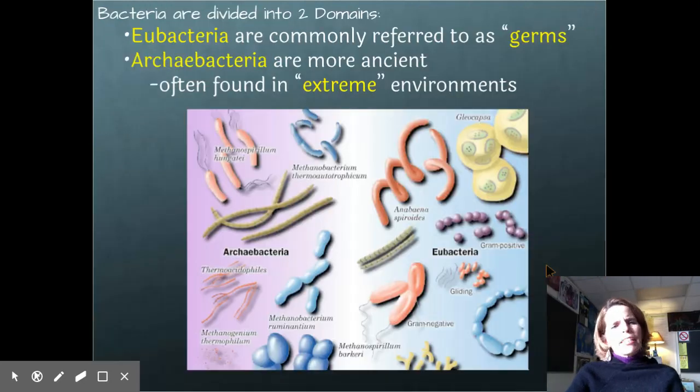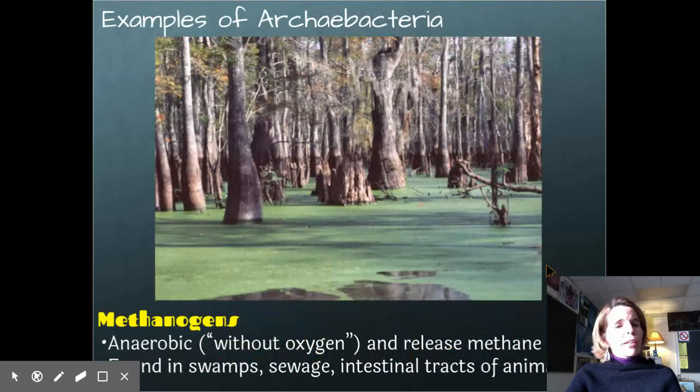All right, the bacteria make up the most dominant life form on this planet, and there's so many bacteria that they've actually been divided into two domains. The eubacteria is what we're going to spend most of our time talking about. They're what people often refer to as germs, although very few of them make us sick. They're the ones that we tend to come in contact with. The archaebacteria, archae means ancient, they're an older form of bacteria, and they tend to be found in more extreme environments. I'll just mention a few archaebacteria, and then we'll spend the rest of the time talking about eubacteria.